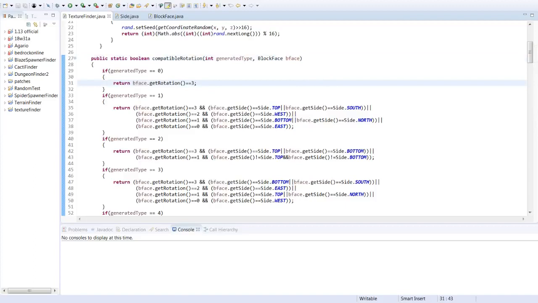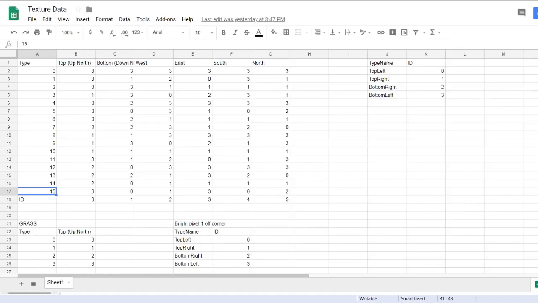If I go back here for a moment, as you can see here for type 0, all the sides of the block will have a rotation 3, which means that the little L formation will be on the bottom left side of the block for all of those. So yeah, if we go back to Eclipse,